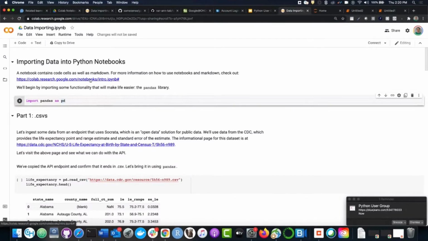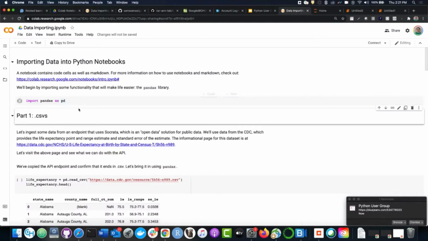If you are new to Markdown or you're new to notebooks, I really recommend that you follow this link, because I'm not going to go into any more detail about the purpose of a notebook or how to write Markdown, because that's something that's pretty easy to pick up on your own, and I know that a lot of you on this call already have those skills. But this notebook is one written by the Google Colaboratory group or committee, and it describes really well the point of notebooks, how to use them effectively, and how to write good Markdown.